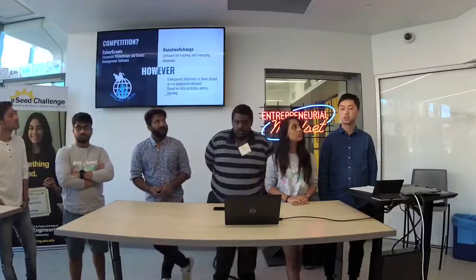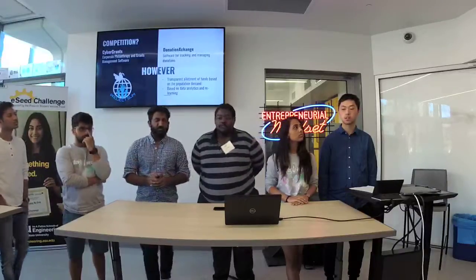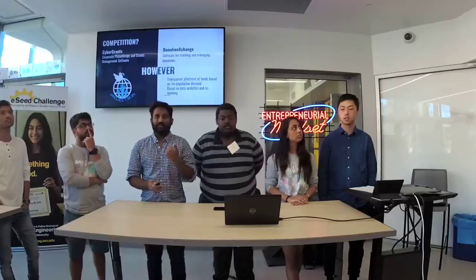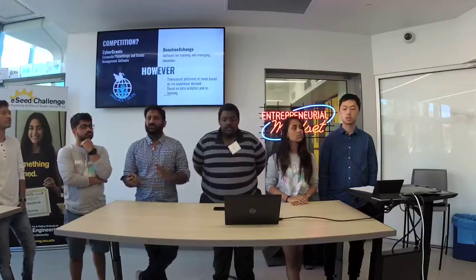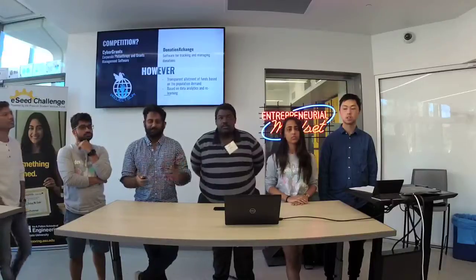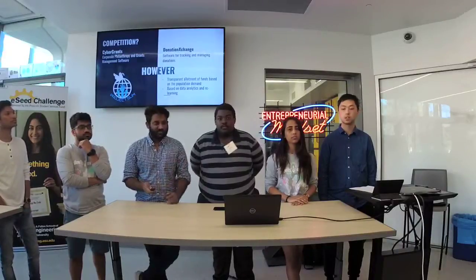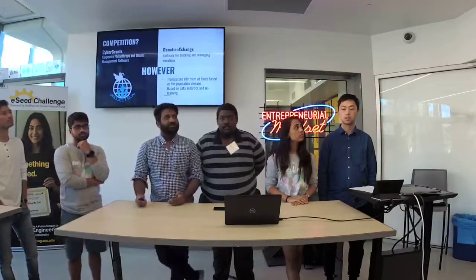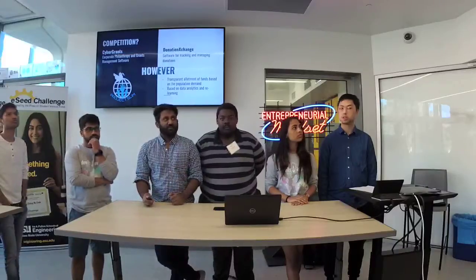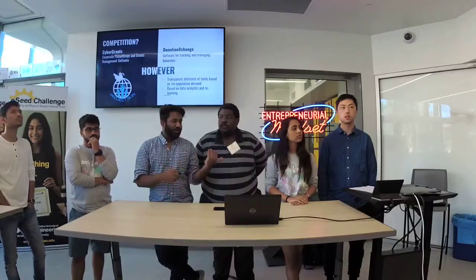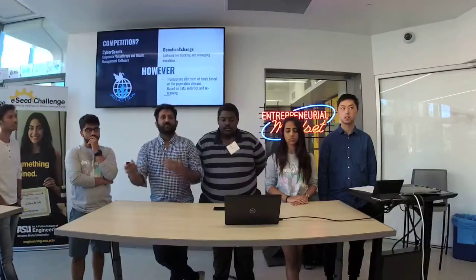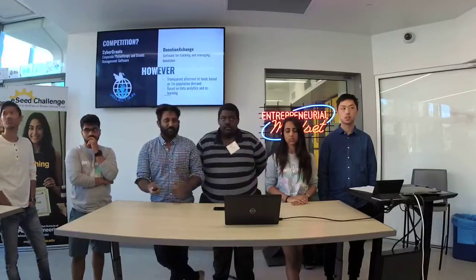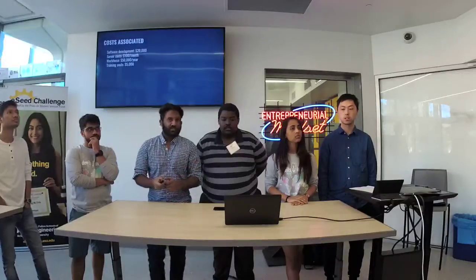There are 2 current programs which are competition. One is cyber grants and the other is donation exchange, which work in a similar process, but they are mostly focused on private funding from individuals like us. What we want to do is to get transparent allotment of funds based on population demand, which our model predicts, and also use data analytics and a relearning process based on the feedback from NGOs to improve this. The costs associated are